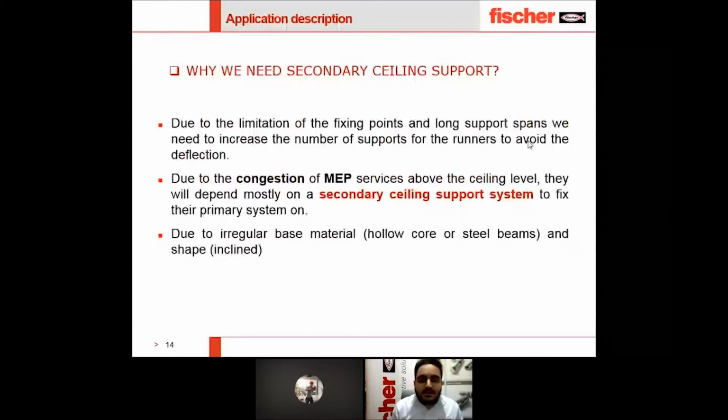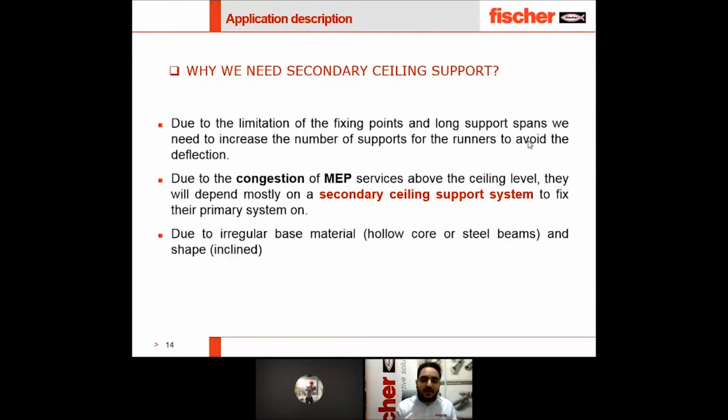Why we need a secondary support system? As we discussed before, we need to minimize the hanging points for the system. In general, the baffle system is very sensitive, and we need to make the distance between supports very small to avoid deflection, because it's easy to get deflection in a baffle ceiling. So we need to care about this point and minimize the support distance between the hanging points